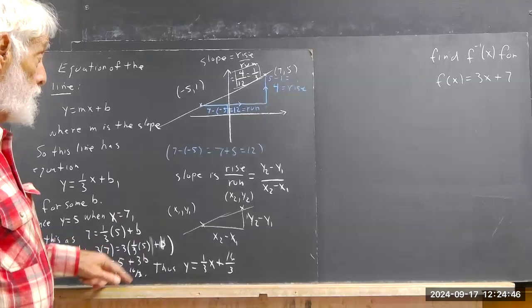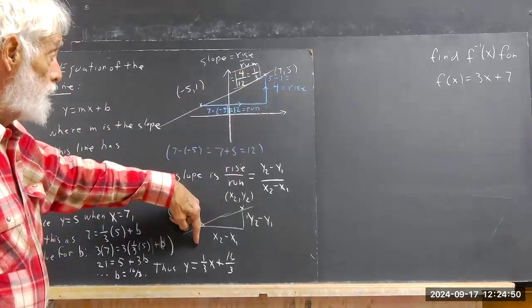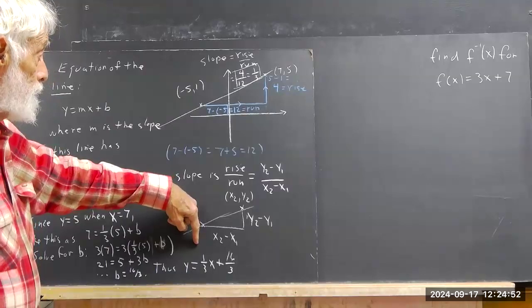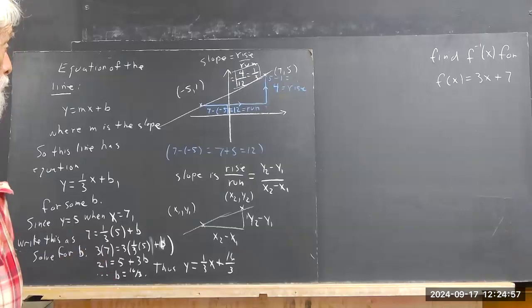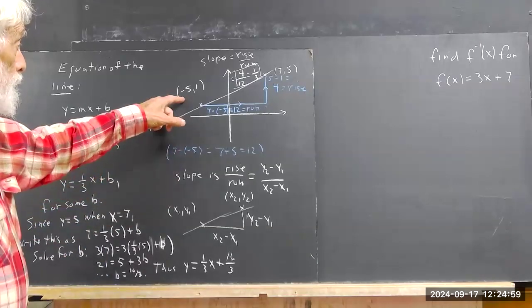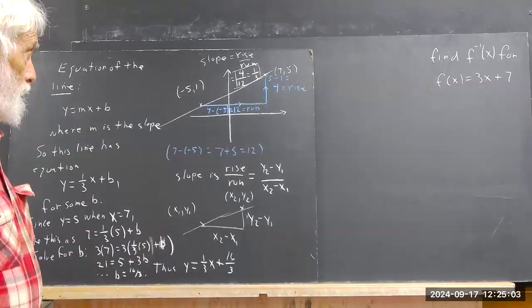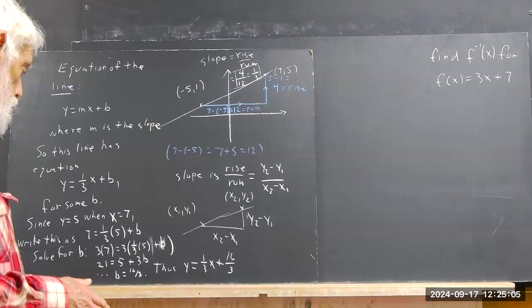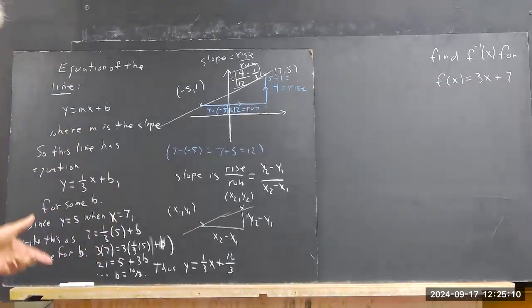I don't see anything wrong with the calculations, there might be something. But if I plug in 7 here, I should get 5. I don't, but I should get 5. Okay, if I plug in -5 here, I should get 1, but again, I don't know why not. So some really ignorant things. So if you just take this for practice and